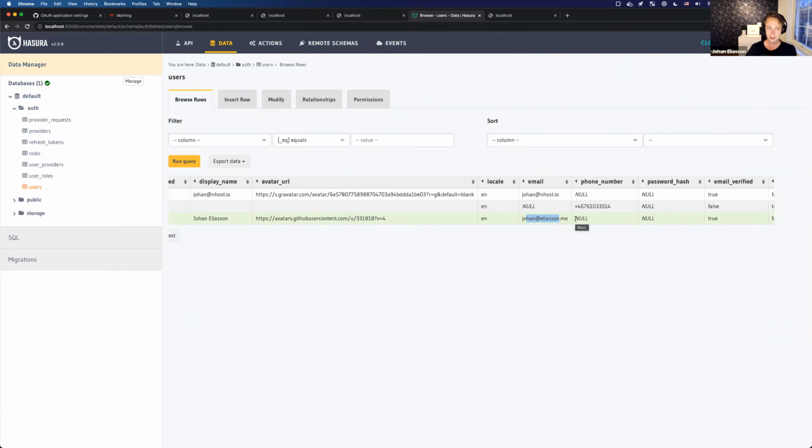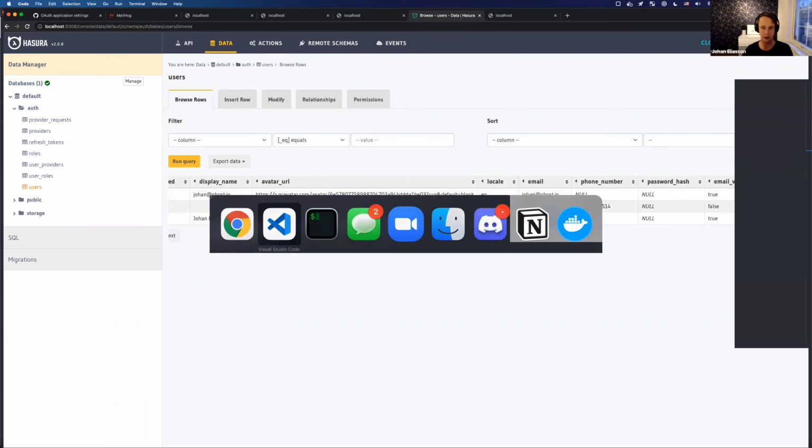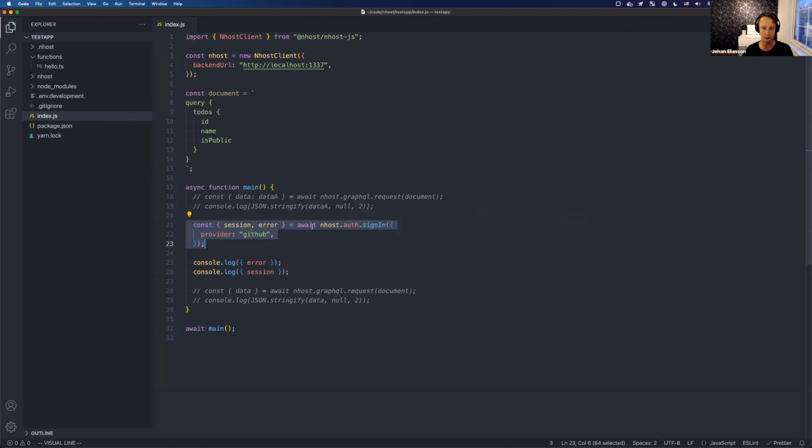So that was the sign-in methods that we've been working on, together with some new updates to the SDK. So we will have email and password, magic link, text message or phone number, and multiple providers that you can choose from. All right, I will stop there.